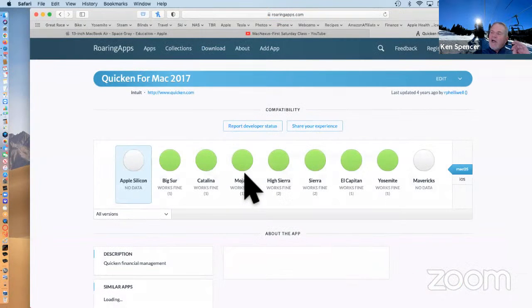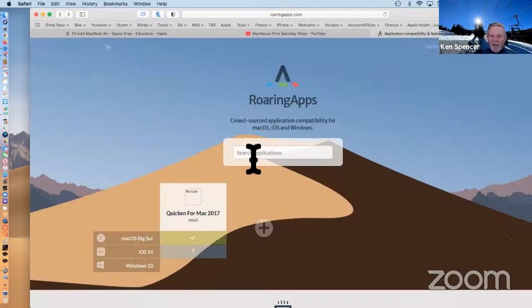Now, these are not official. These are people reporting that it works for them. So you'll notice there's not a ton. There's 2 reports here, 1 report here. But this says, oh, Quicken for Mac works in Big Sur. So more than likely it would work under Rosetta in Silicon. When it says Apple Silicon, it means M1. But let's look back at another, because I know some people are using